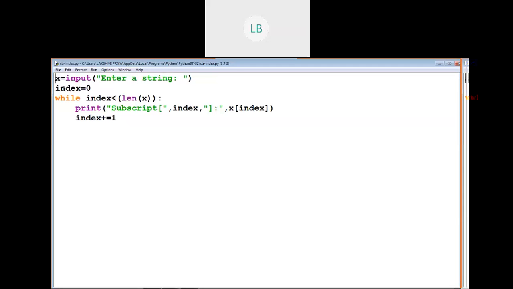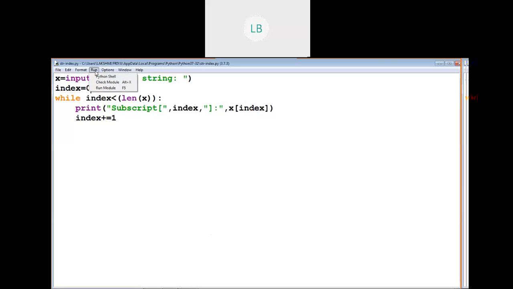We have an index variable, which we have assigned to 0. We are starting from 0, and using a while loop, we are going to print the index value and the corresponding character from the string.